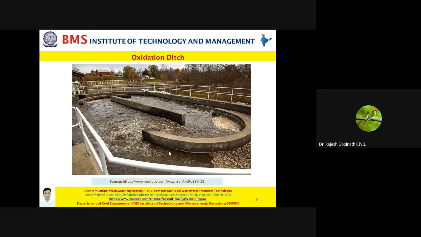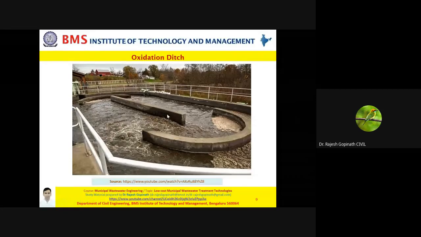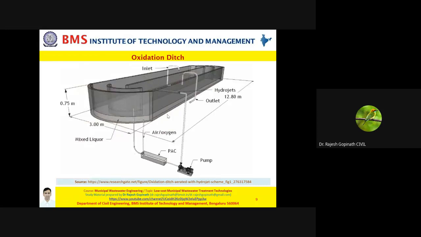All right, now if you look at the oxidation ditch, if you observe very carefully, it's an oval shaped endless ditch. There is no end for this. Further, what you need to understand here is this is how an oxidation ditch would look like. See, in the previous image I showed you, there is wastewater inside the reactor. If the wastewater is not there in the reactor, this is how it looks like. So please observe very carefully.